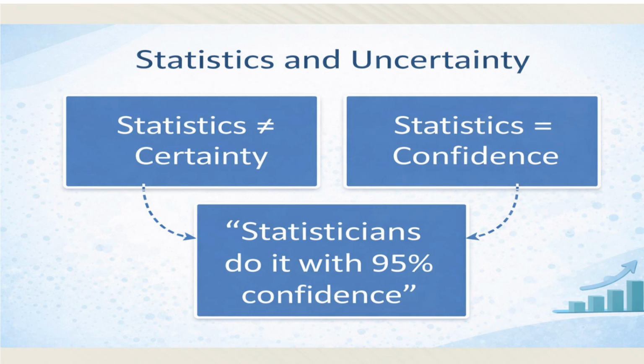Why do statisticians care so much about the normal distribution? Because nature, society, and organizations tend to behave in patterns. When we collect large amounts of data, heights, IQ scores, delivery times, errors, or satisfaction ratings, we often see the same smooth, bell-shaped pattern appear. This distribution allows us to calculate probabilities, compare individuals to the average, and test hypotheses scientifically. Without the normal distribution, modern statistical inference would not exist.